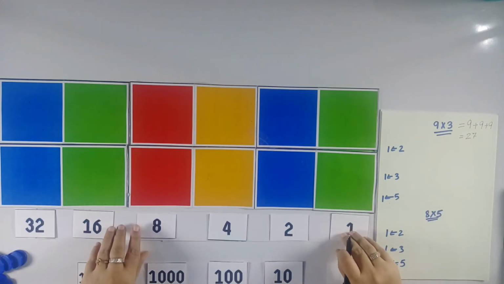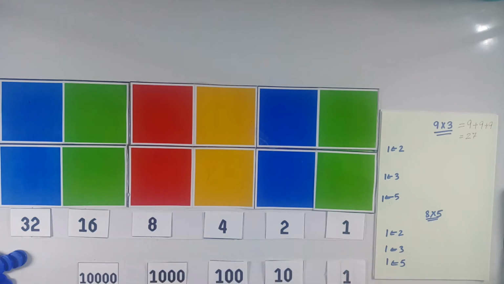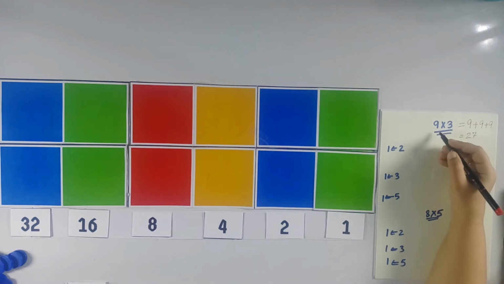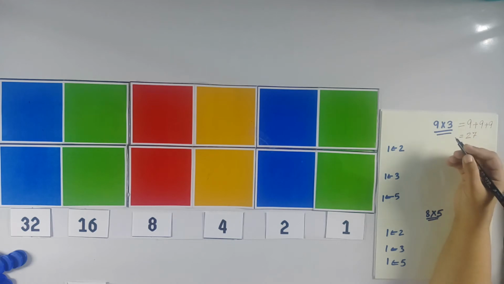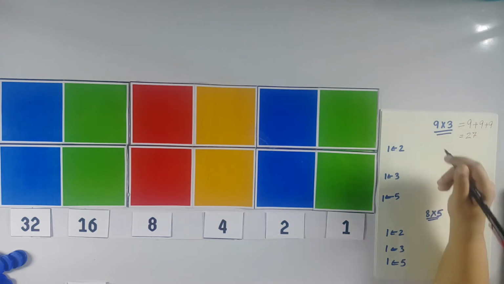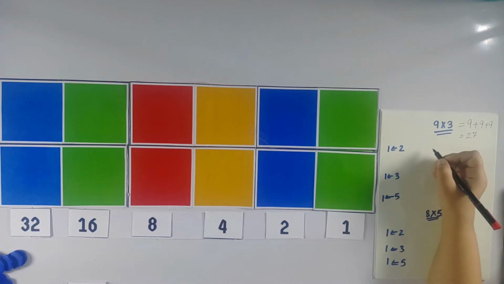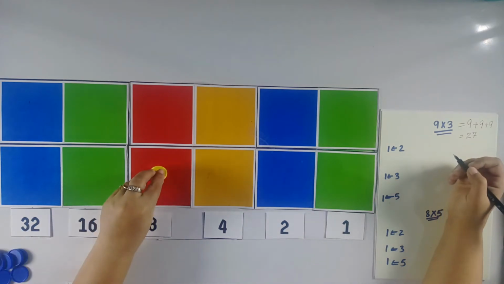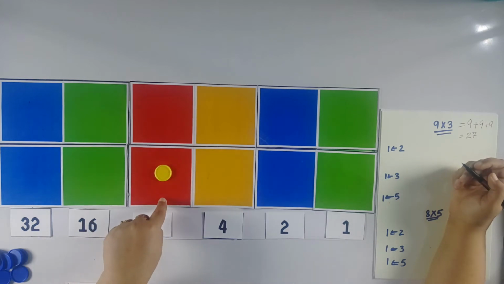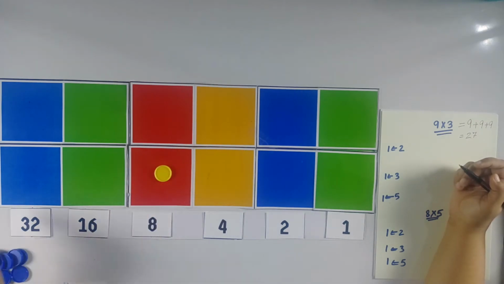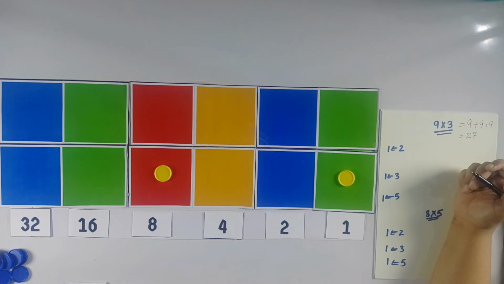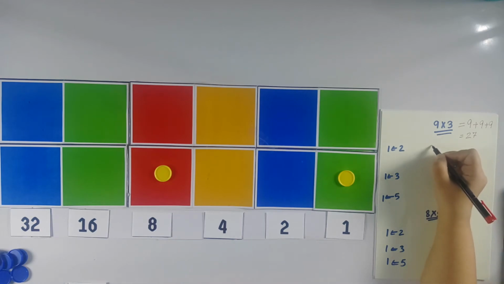So let's say now this becomes my 2-1 machine, and how would I represent 9 in this? I have a dot of 8 and I have a dot of 1, which is 8 plus 1, and that makes my code